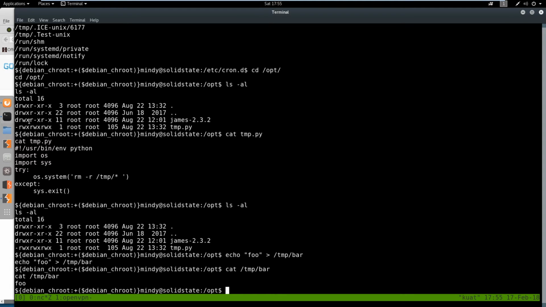So what's crazy is that it's 777. Somebody chmoded this to 777 because they don't really understand how permissions work. And what that means is that we've got read, write, and execute bits set for owner, which is root, group, which is root, and everyone else, which is us. So we can